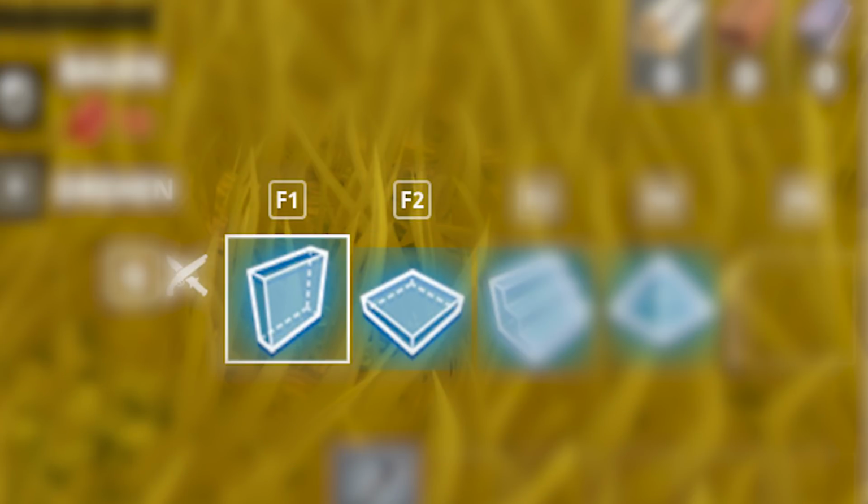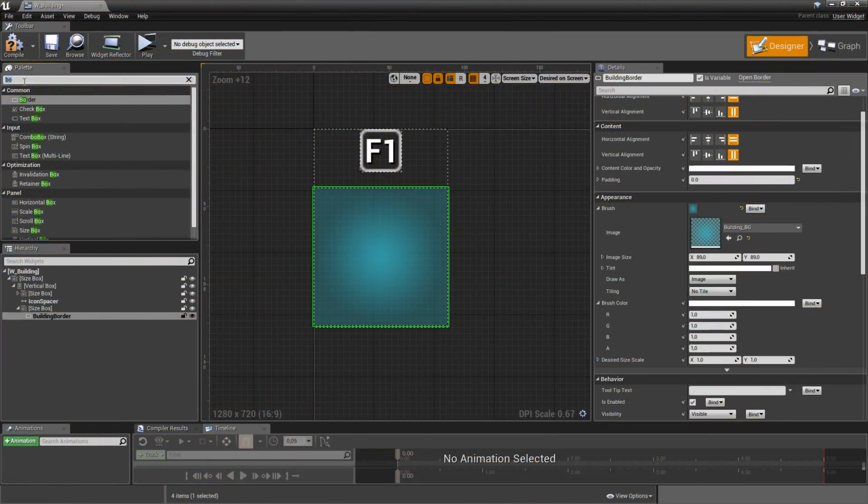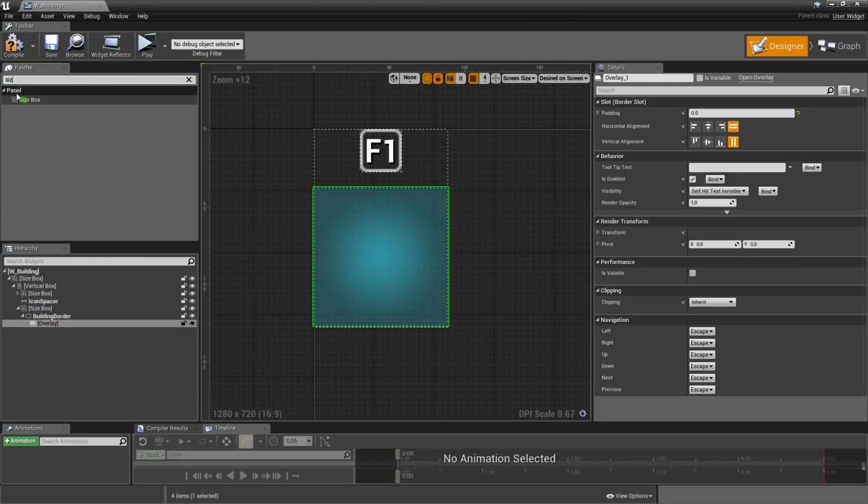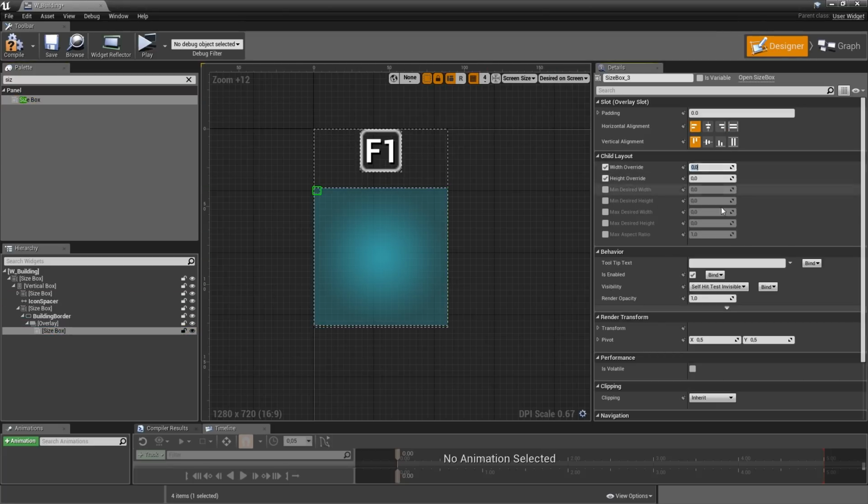However, something you see in Fortnite is when a building is selected, there is something like a white outline around the building border that we created here. So to be able to also show that, we will grab an overlay onto the border, and first off start with another size box that's used for the icon this time. Give it a width and height override of, let's say, 80 by 80 pixel, and align that to the center